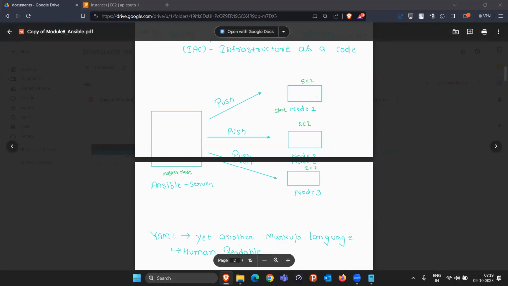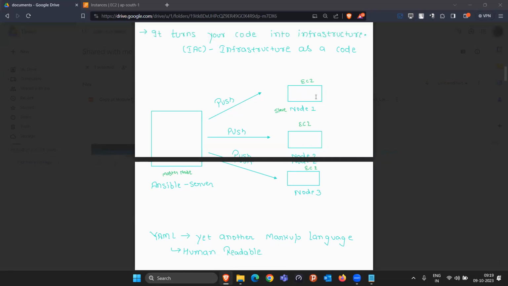That's why I said setting up for the first time is difficult, because we have to maintain the IP addresses, the usernames, the passwords, and give the authentication permission. There are so many things involved. But once I provide everything, it's Ansible's duty to log into these machines. And the benefit of Ansible is, just give me a second.